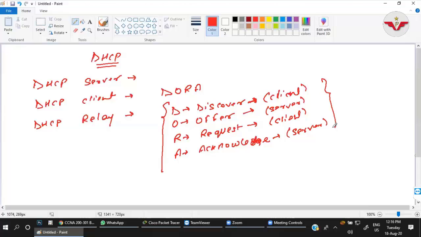All right, clear? Now, what is DHCP relay? Just forget about DHCP and think about relay. Have you ever heard the term relay? It is a running race, where they exchange the baton.